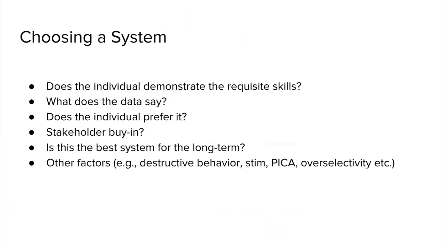So when you're choosing, does the individual prefer the device? If somebody really doesn't want to use the device, and it's rare, it might start off this way, and usually people, once they realize that this is something that is going to make their life easier, are much more likely to buy into it. But if someone has a real aversion to the device, good luck with being successful. You might have to go back to the drawing board, because individual preference is really, really important.